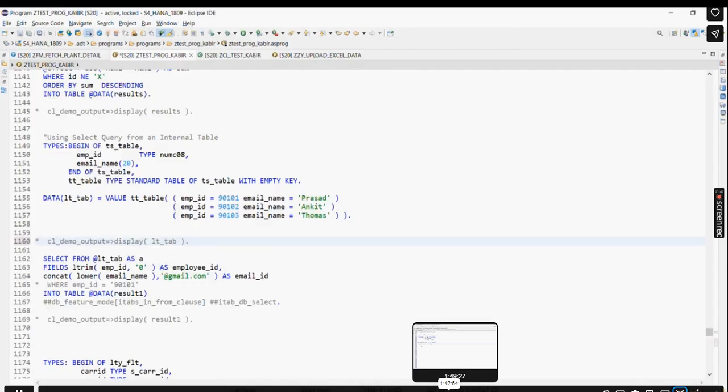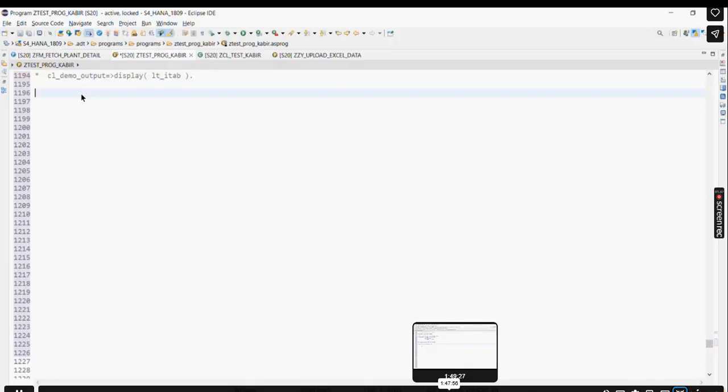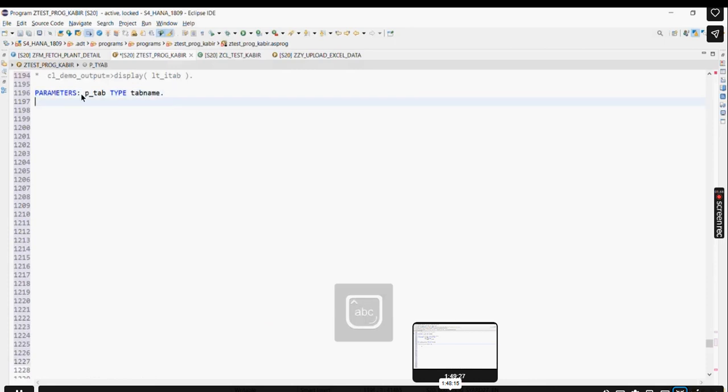And so now what I'm going to do is, parameters p_tab type, suppose tab name, okay. Now what did we say? Let us first declare all the field symbols in dynamic memory. So step 1, declare all